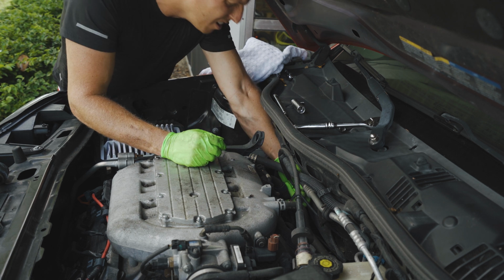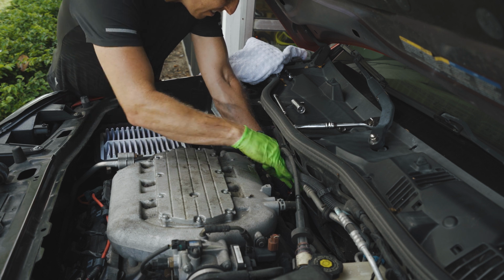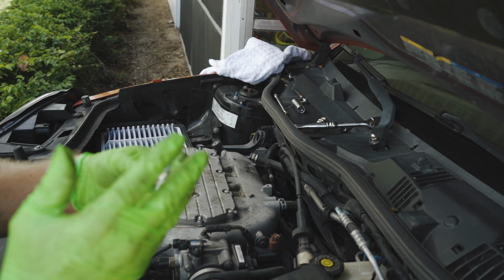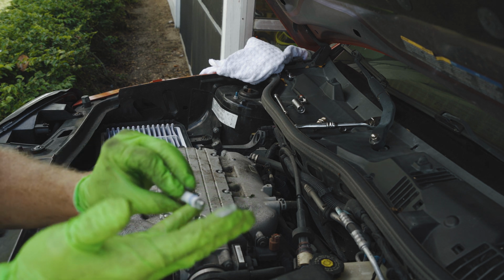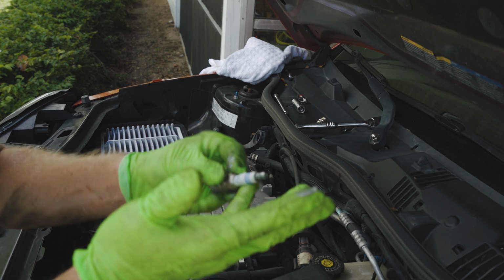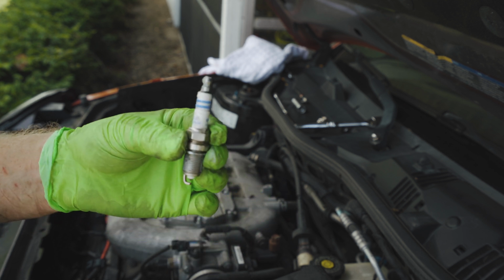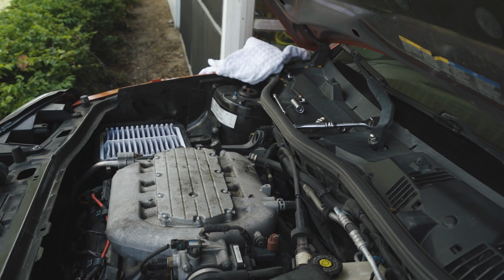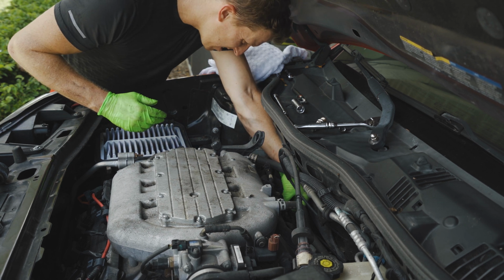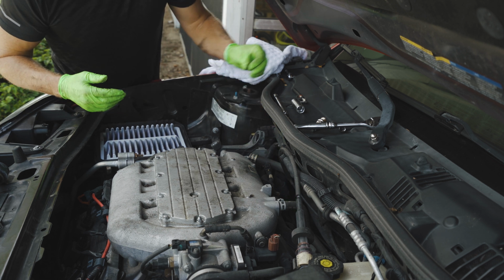Once that's out, reach down in there and grab your little. All right guys, same process here. We're just spreading the anti-seizing on the threads first. Then we're taking this dielectric, spreading it all across the tip here. Once you have that good and spread, this back side is going to be pretty much impossible to fit the socket down over it. So just go ahead and drop your